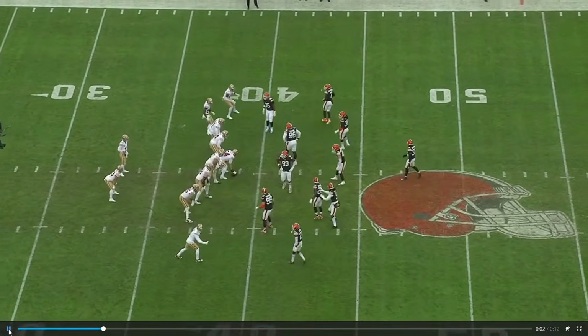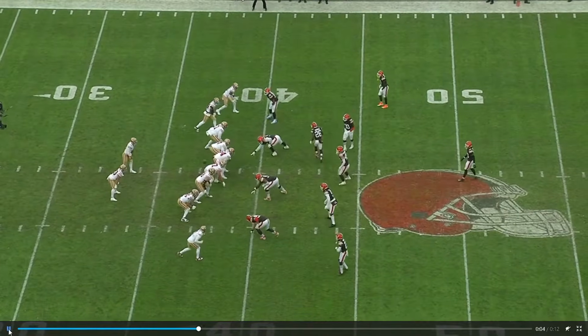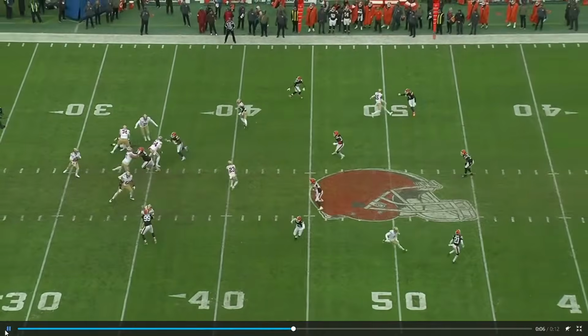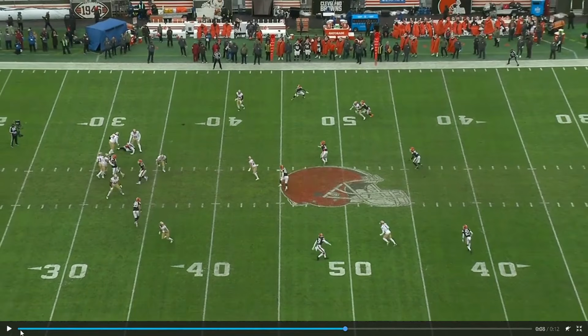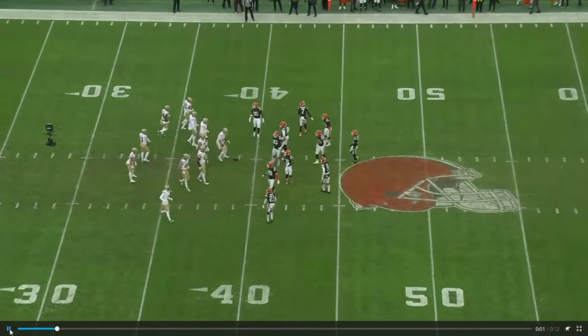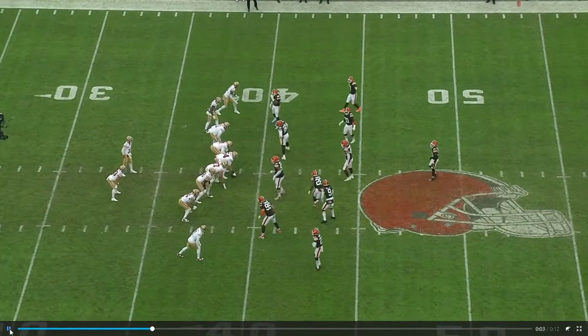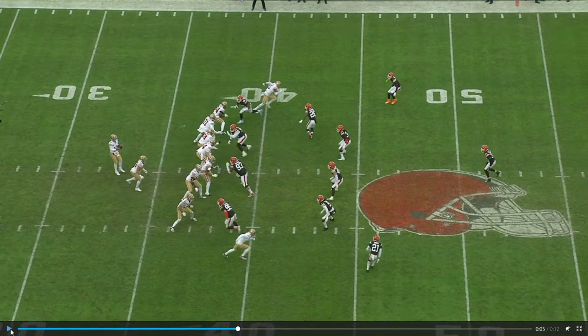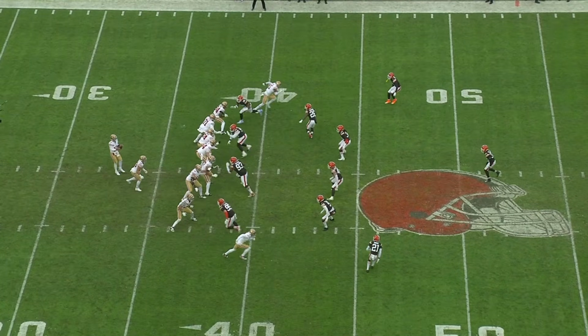They will tag it. It's usually built similar to this, where you get two guys running the same route, a mirrored route concept. You usually get some sort of control route over the middle of the field, it being a dig, or it could be a little spot route, a little OTB type route. But the idea is that we want to get somebody to this spot on the field, this spot on the field, inside the numbers, somewhere around 12 to 15 yards, similar to as if it was a curl